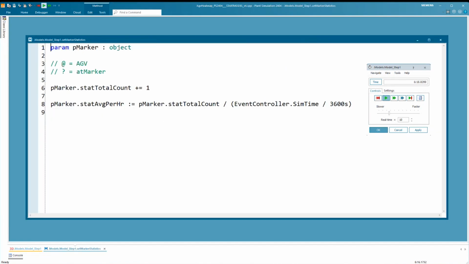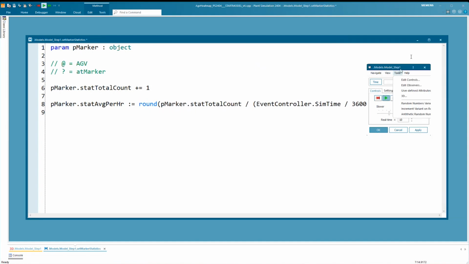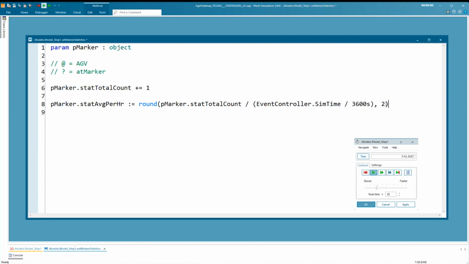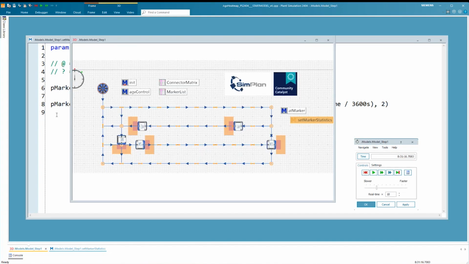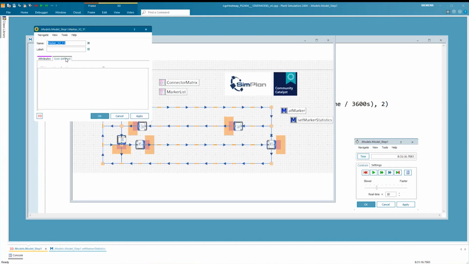Also, we could use the rounding function to have this value not displaying a large number of decimals. Okay, now it looks better.